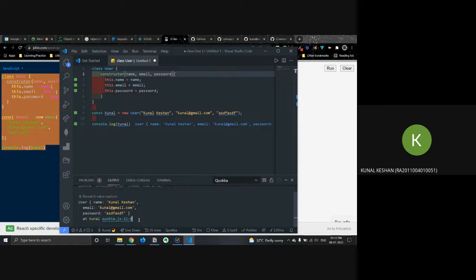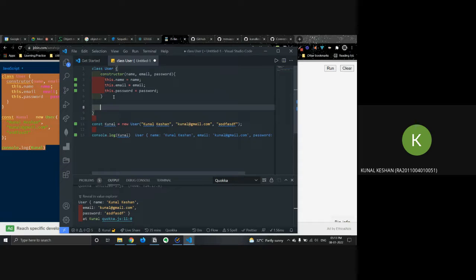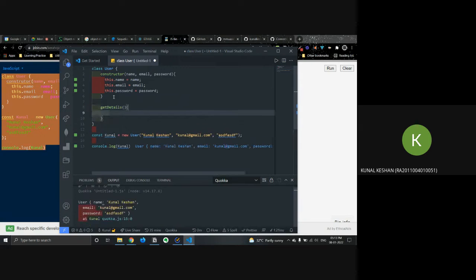So you can see it's giving me this user object, right? And we had learned certain methods that we can use with the instance of the class. One example is a getDetails method. Whenever I declare a function within a class, it becomes a method that is inherited by the object that I create from the class, right?